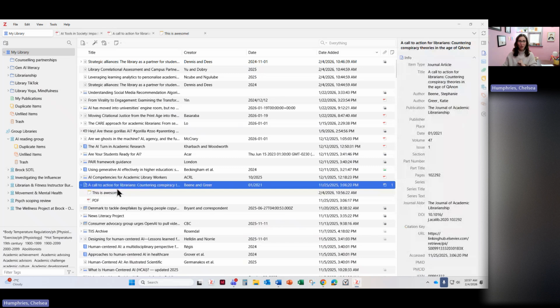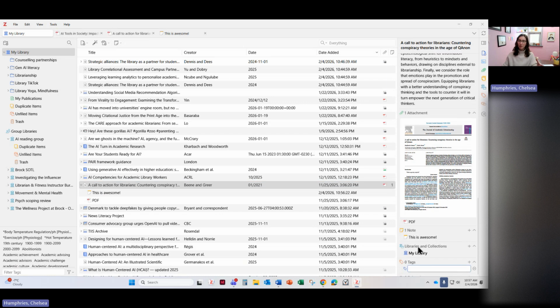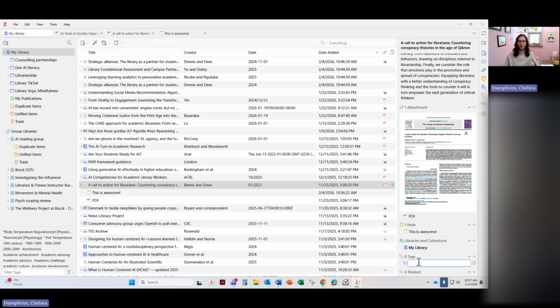If you click on the article title within the library, it takes you back to this main panel with all of the information. You can see my note still lives there. It tells me what libraries and collections it lives in. So if it's in multiple folders, it will tell you which folders it's in. And you can also add tags from here, which may be useful to you in terms of organizing your information. It really depends on your own preferences here. You can drag and drop items into different folders to stay organized, but maybe thematically,